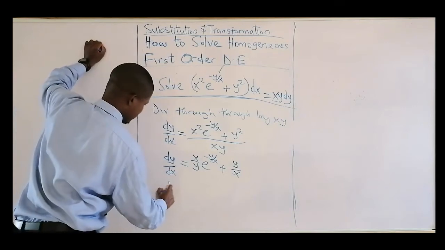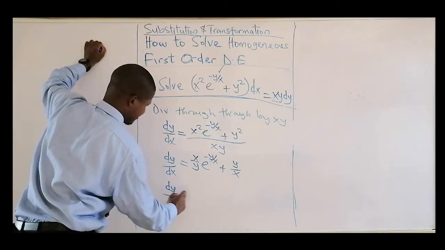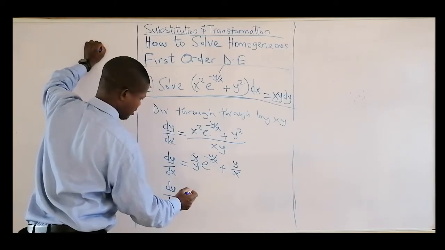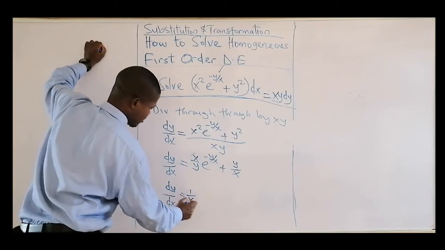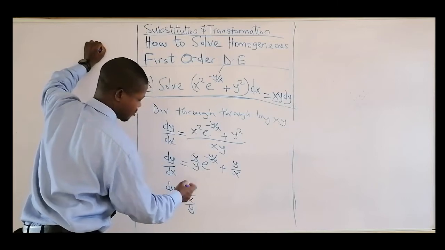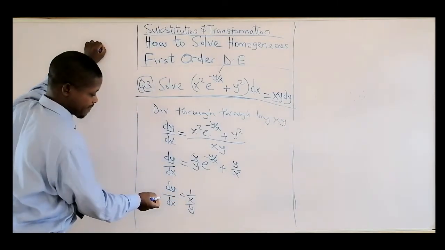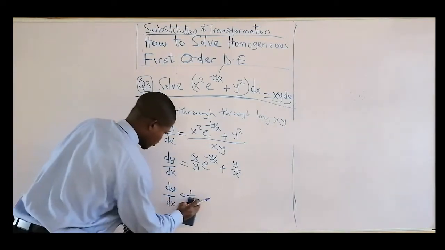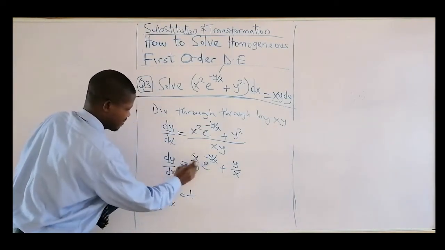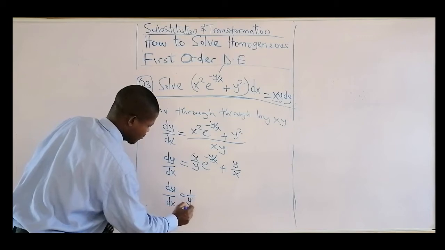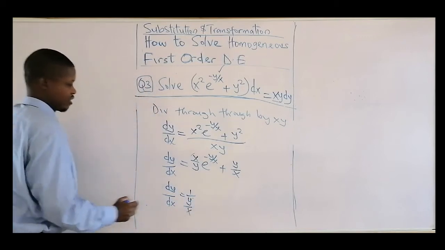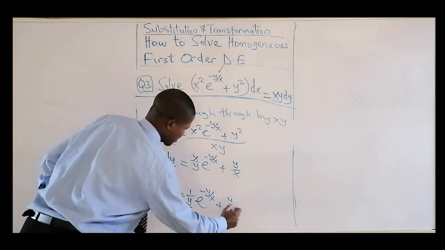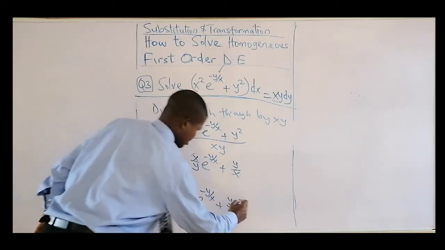Okay, so we can write now dy/dx is equal to this one. I want to make it to be like this also, so I'll just try to put inverse on it. I've not done anything. It's still the same expression. I'll just put one on top of that. As I'm putting one on top of it, I have to reverse this fraction. I will now call it y over x. Okay, it's still the same thing. E takes plus what? Y over x. So this one is now equal to what?